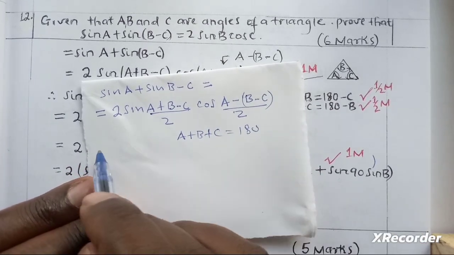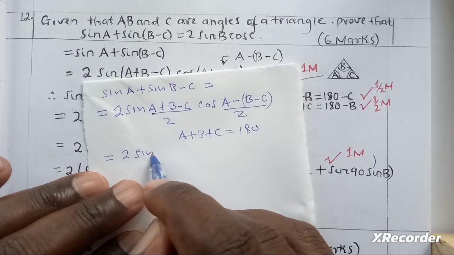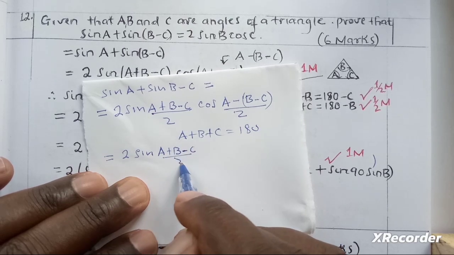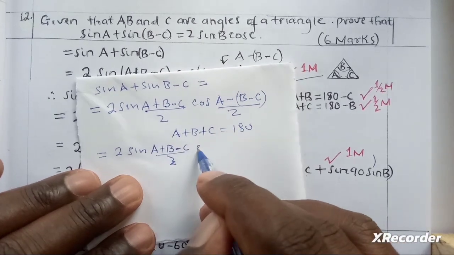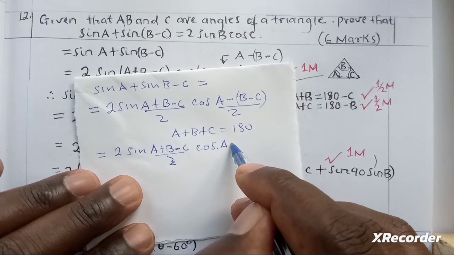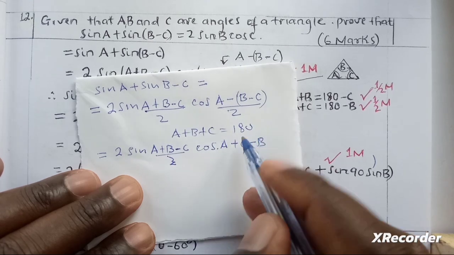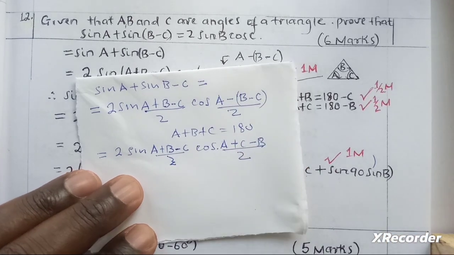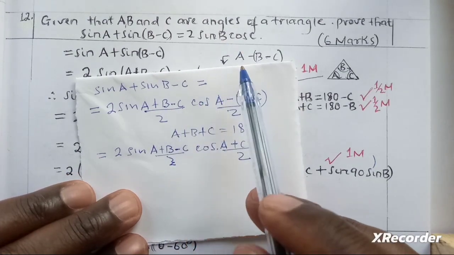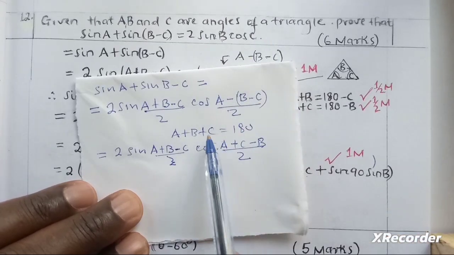So we continue now. We will say 2 sin (A plus B minus C) all over 2, here we have cos A, this will be cos A, now it will be plus C minus B all over 2. Now we come and say this. We want to replace, because our final answer is supposed to have only B and C. We have to replace